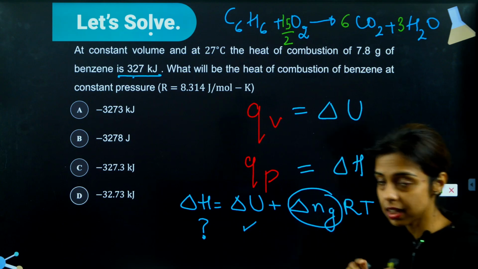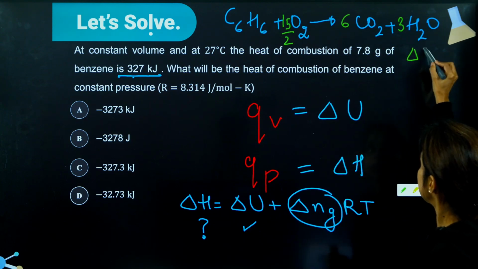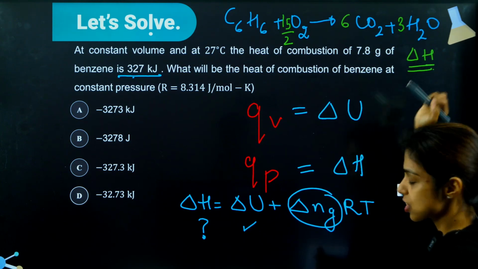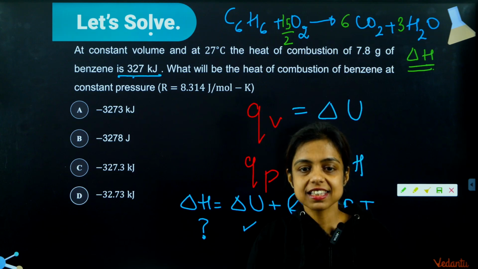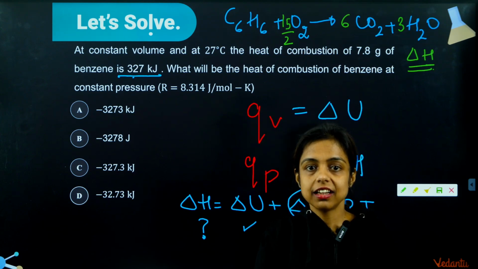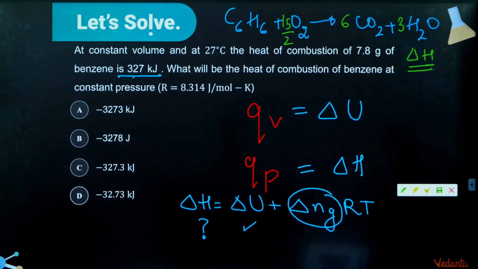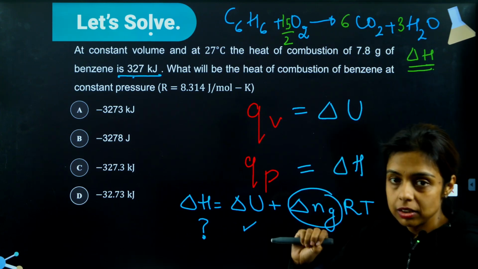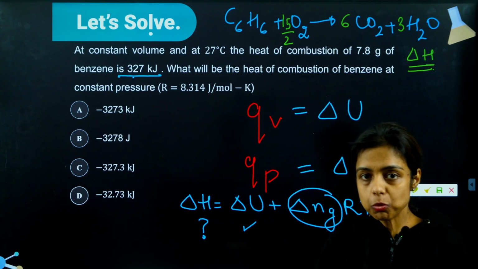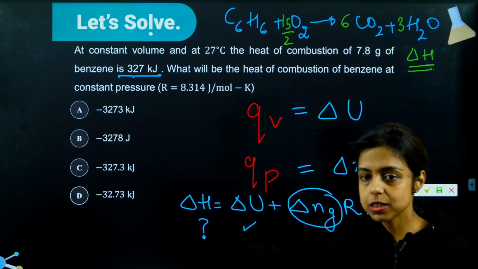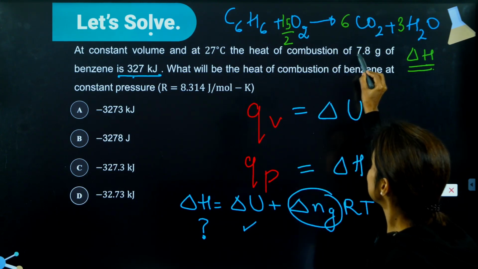This is the delta H of this reaction, the enthalpy change of this reaction, that is the enthalpy of combustion of benzene, that is, 1 mole of benzene. Yes, that is 1 mole of benzene, because it is mentioned at constant volume, so we'll take it as delta U. Got it? So for 1 mole, we define the enthalpies per mole. So for 7.8, it is